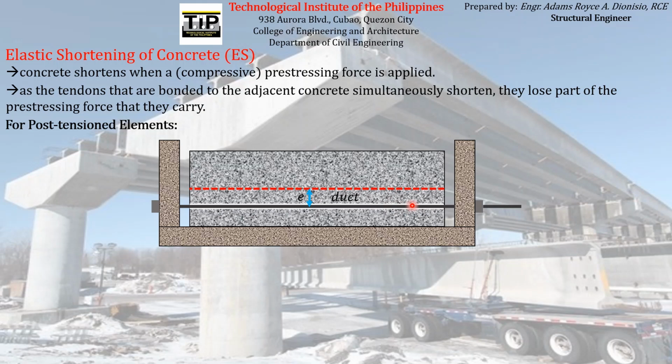pre-stressing reinforcement. So when the pre-stressing reinforcement is inserted in the duct, a hydraulic jack will be placed that will pull the pre-stressing reinforcement, thereby making it elongate. And as it elongates, it experiences a tension force which is supposedly equal to the jacking force exerted